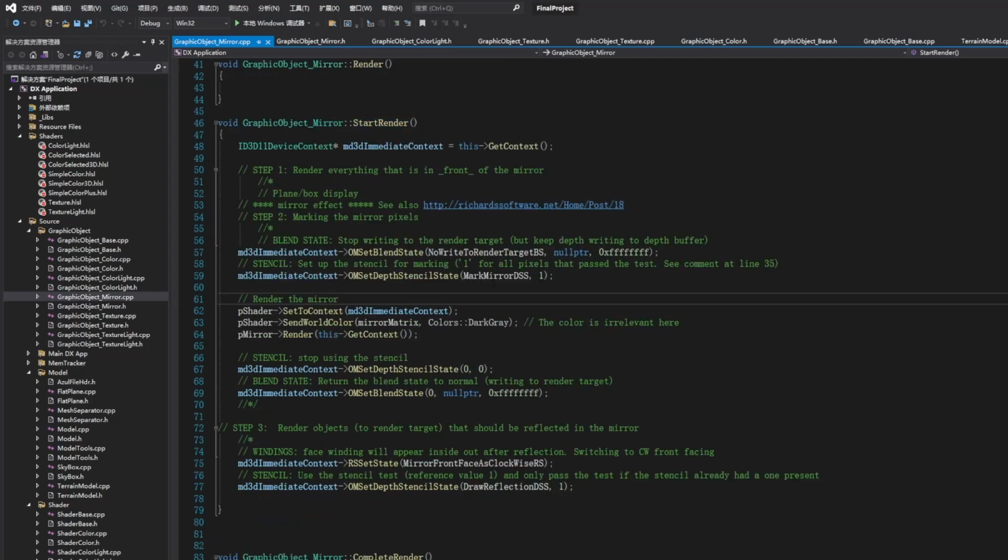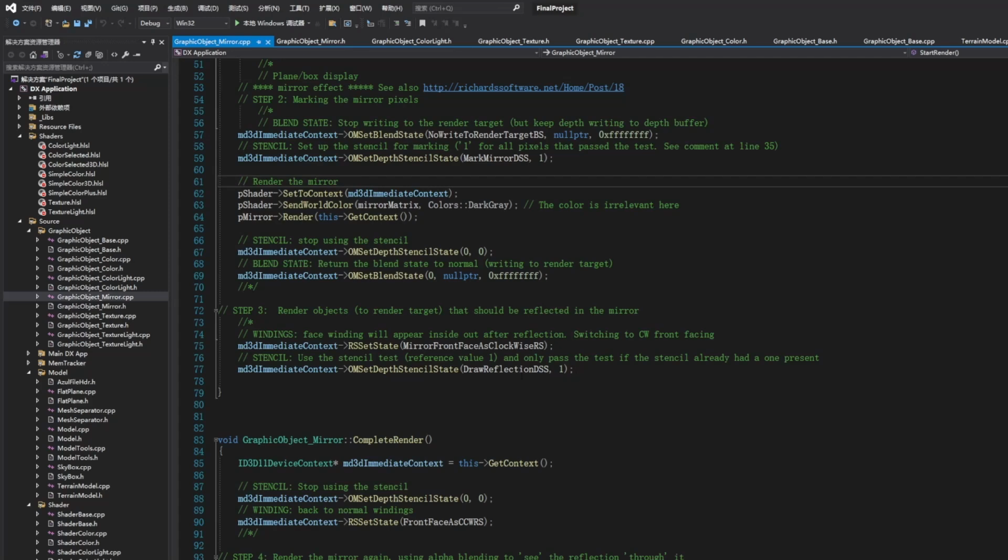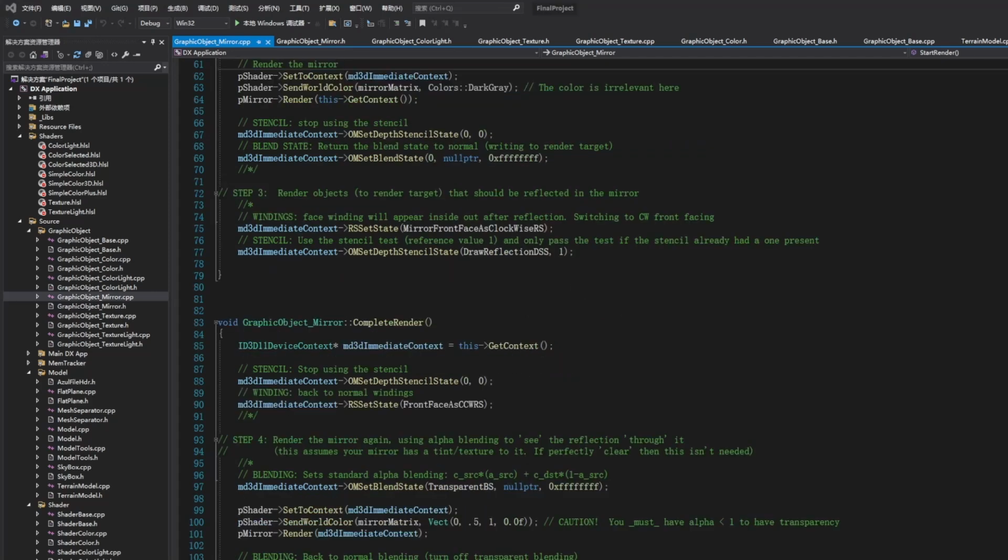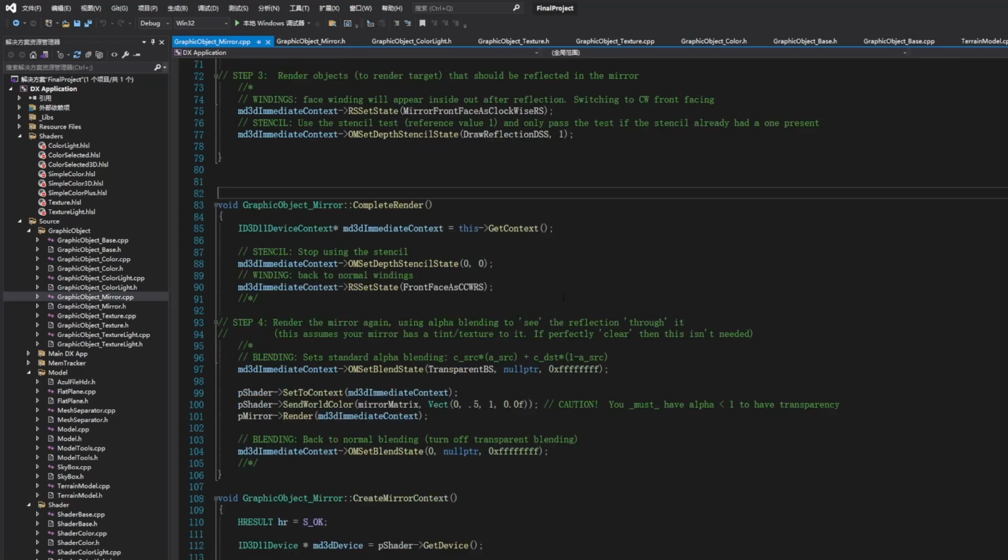the mirror will start to deal with step two with a single method, including preparing for step three. The complete render function will finish off with step four with a final call to the mirror method. So in order to render the mirror effect in my camping scene, I use the black color